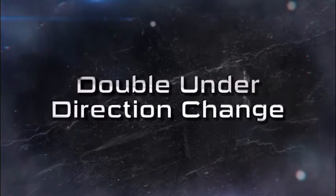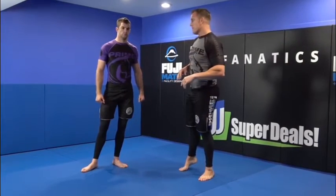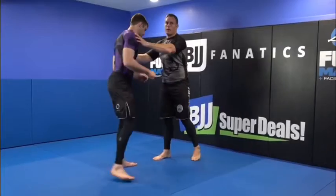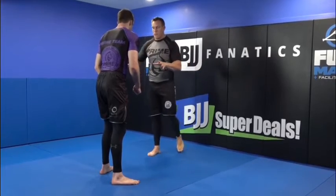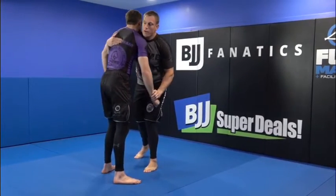All right, guys, the next technique that we're going to do from the double underhooks is using that change of direction, but now with double underhooks instead. So let's turn this way. What I want to do is get my double underhooks. Again, I keep doing this. This is probably my favorite way to get them. I know we talked about a few different ways, but I like to get the double wrist control to my